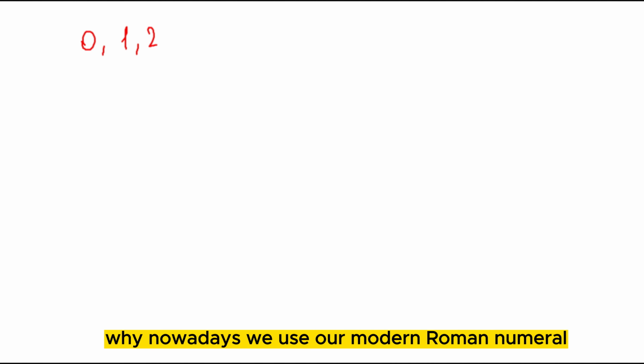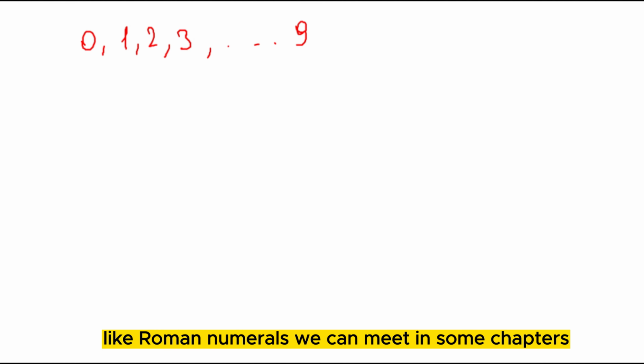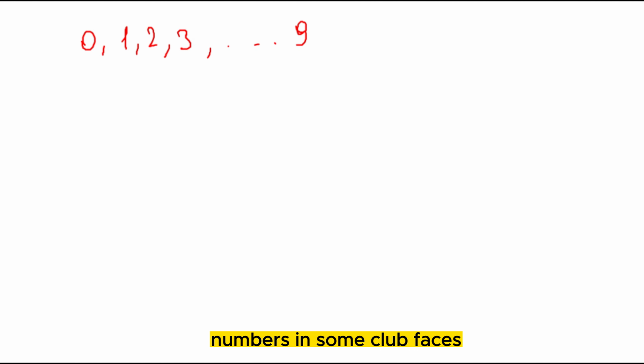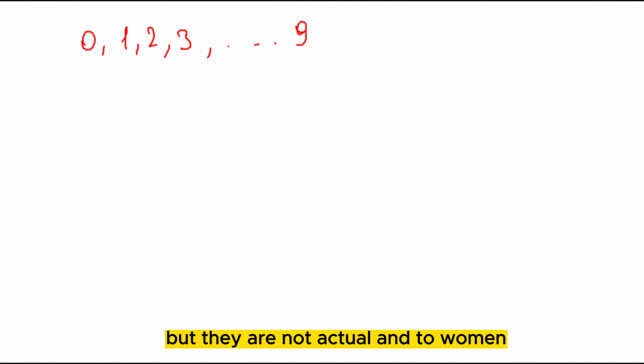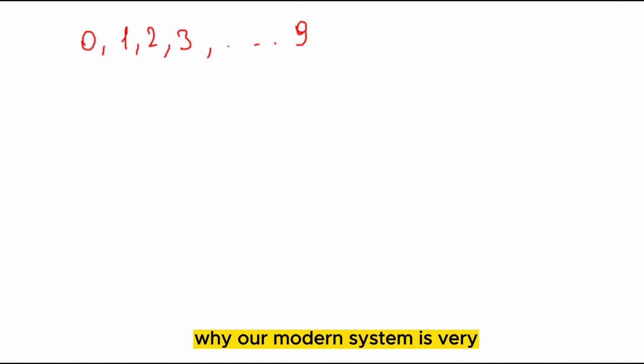And now I want one more time to mention why nowadays we use our modern numerals, from 0, 1, 2, 3 till 9, but not Roman numerals. Roman numerals we can meet in some chapters, numbers, on some clock faces, in our daily life sometimes we use them, but they are not actual and we don't use them very often. I will tell you why our modern system is very